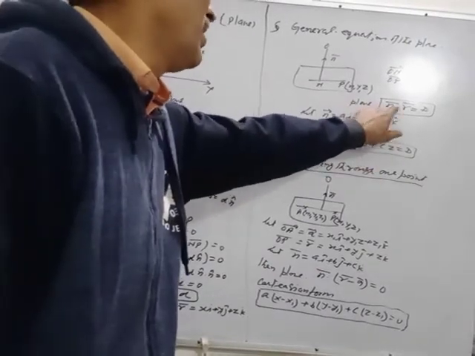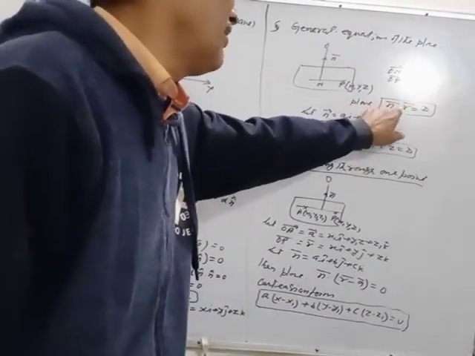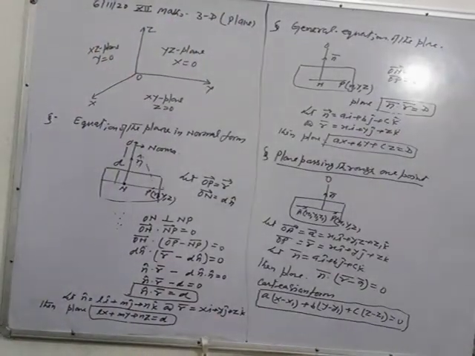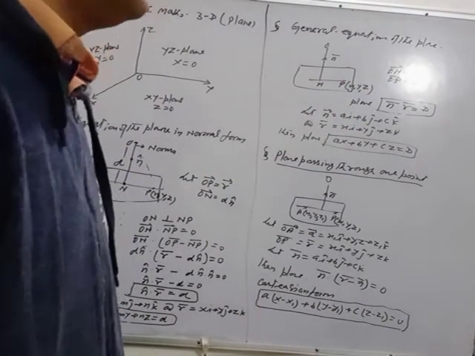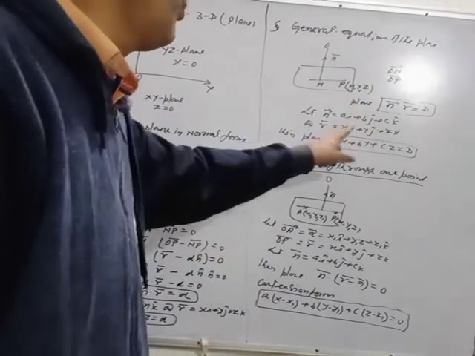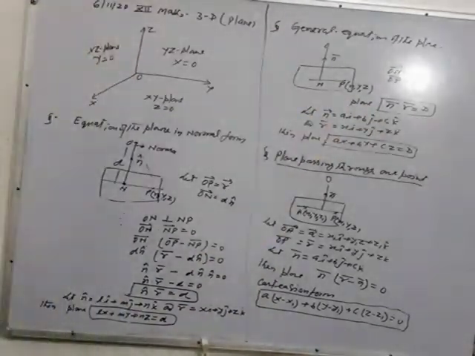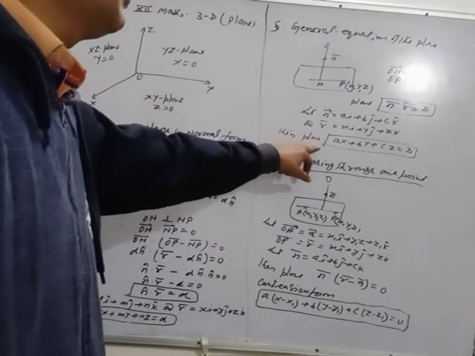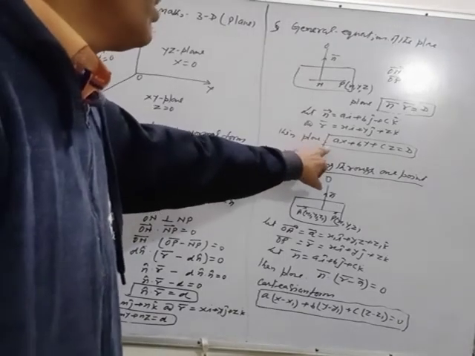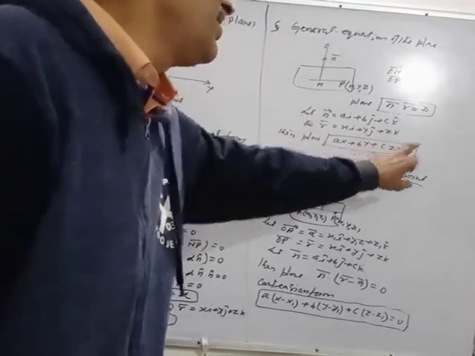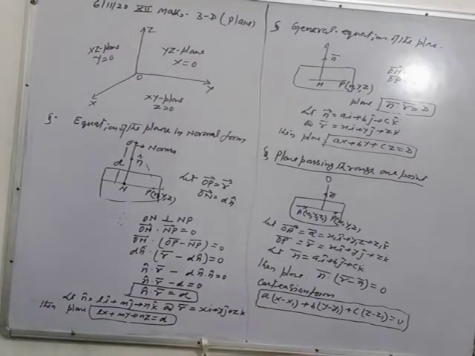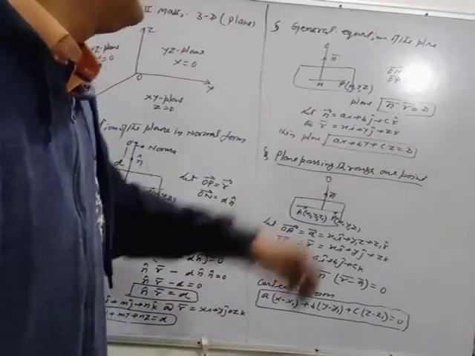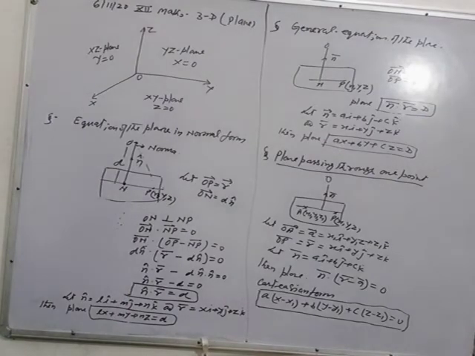In exercises and books you will generally get this type of plane, n dot R is equal to d, not n cap. Okay, so n is vector along the normal. So when you change it in Cartesian form without vector, taking dot product, let n is ai plus bj plus ck, r is xi plus yj plus zk. So find dot product. How to find dot product? You know. So ax plus by plus cz is equal to d. This is the general form, general equation of the plane. Ax plus by plus cz is equal to d.